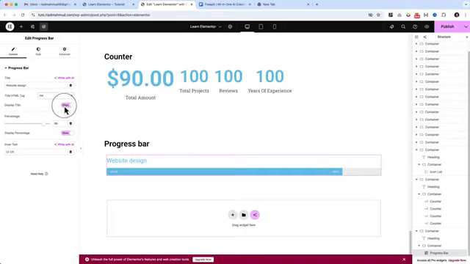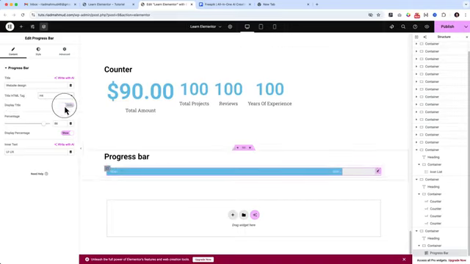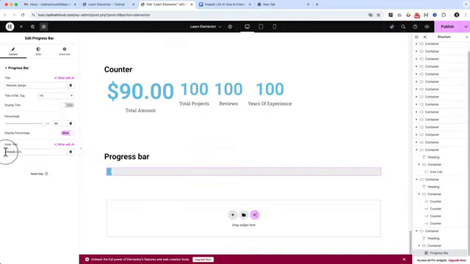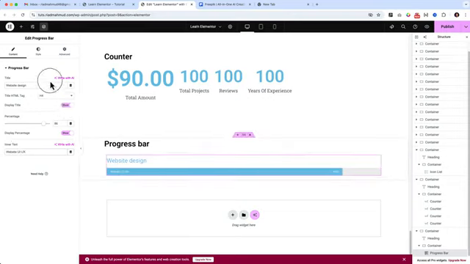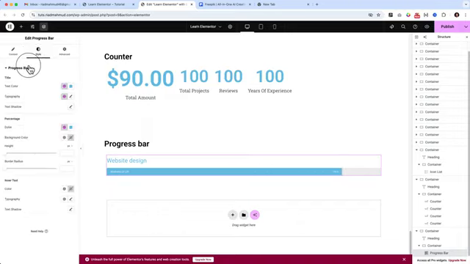Now the display title, if you do not want to display that title, you can disable that title. You can just keep this bar, and you can also mention here website UI UX. And now exactly how it looks like here. And if I activate the title, it's displaying here. Now if I go back, or if I click on this styles tab here, you can see under the progress,